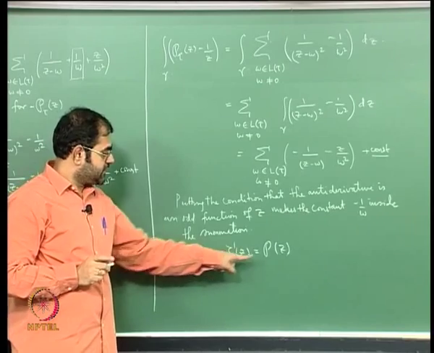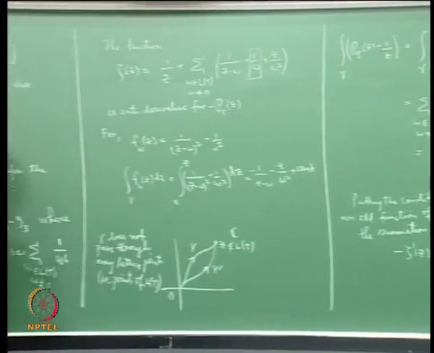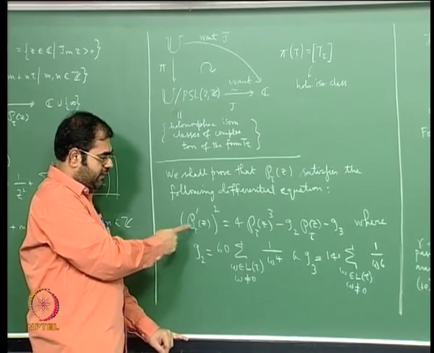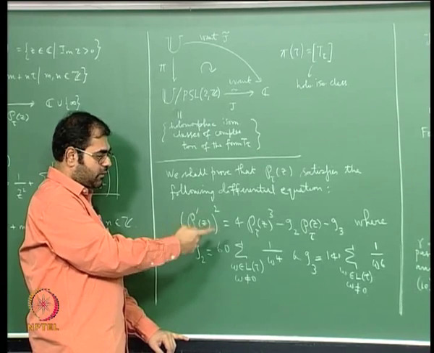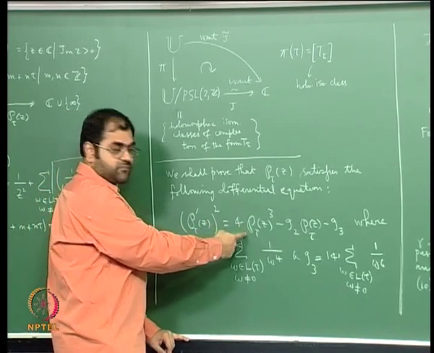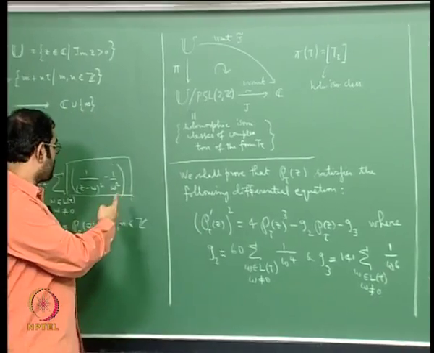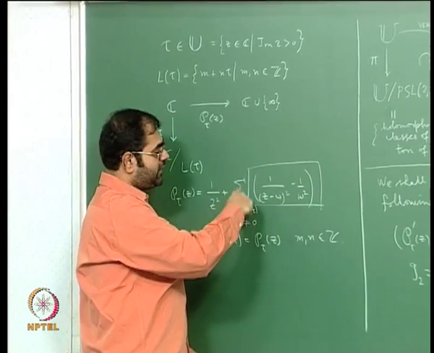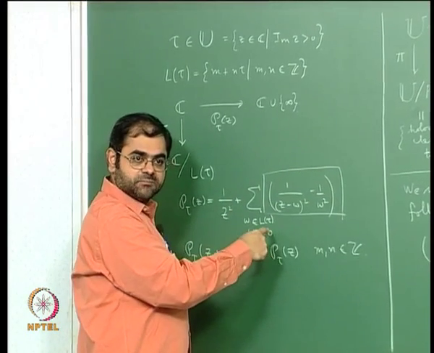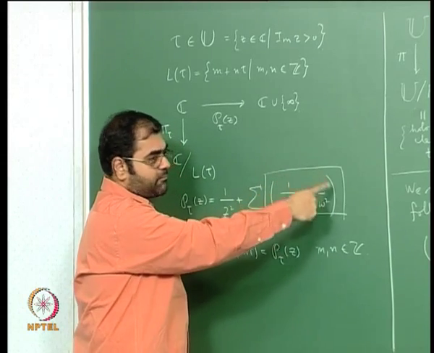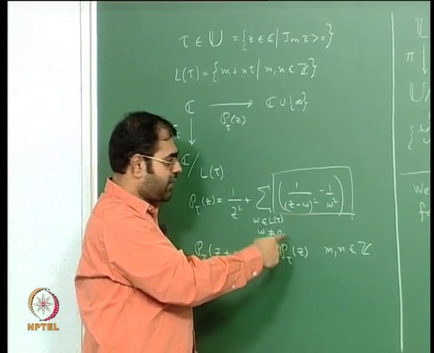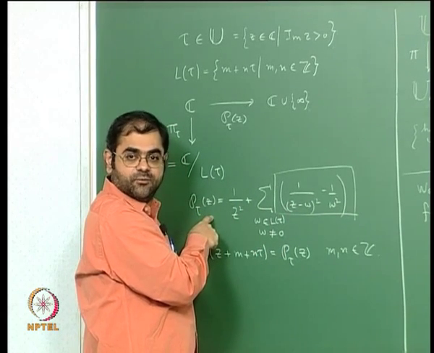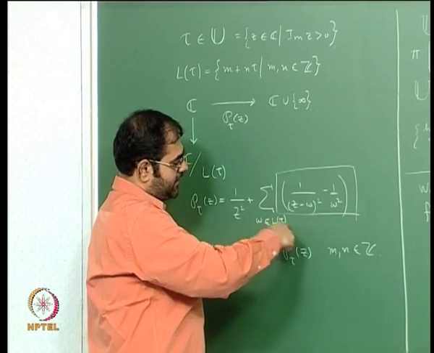The advantage is, you see, I wanted to prove this differential equation, and as I told you, the key to proving this differential equation is by looking at the Laurent expansion at the origin for the phi function. The Laurent expansion at the origin for the phi function has this as a singular part and this is the analytic part, which is going to be a power series in z. We have also normalized the phi function so that the constant term is 0.